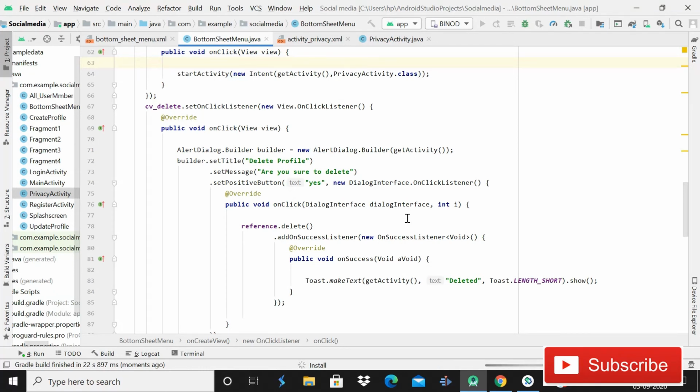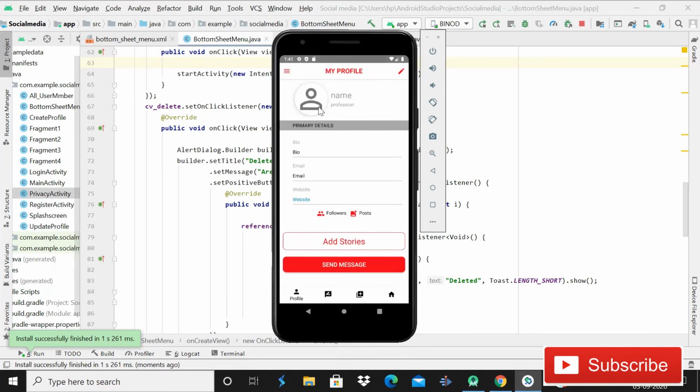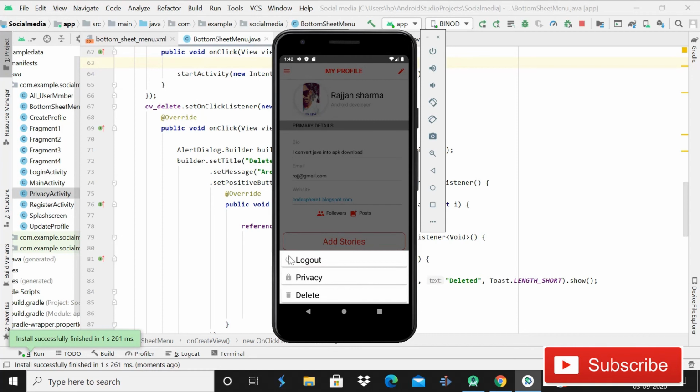For those two things we will work in the next tutorial. In this tutorial I am going to show you how we can handle the item clicks on the bottom sheet. In the next tutorial we will delete the image from the storage, and also from the real-time database. Now you can see that the app is running fine, there is no error, and in a few seconds the data will be loaded successfully. Now when I click on the icon, you can see that our options are visible. If I click on logout, we can successfully log out. But I will click on the last option, and first of all I will click on the privacy button, so we can see that it is working.